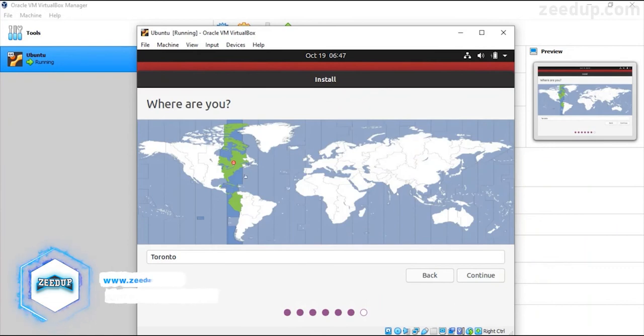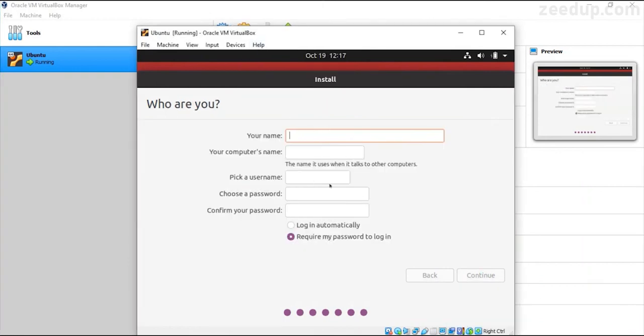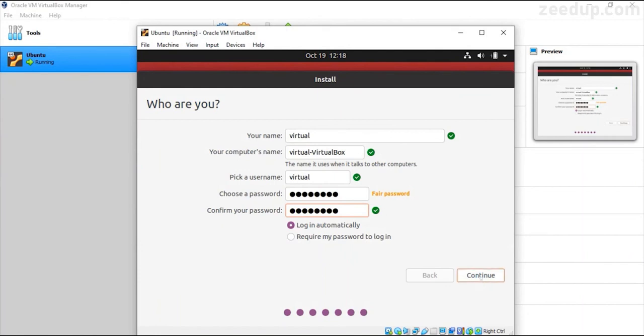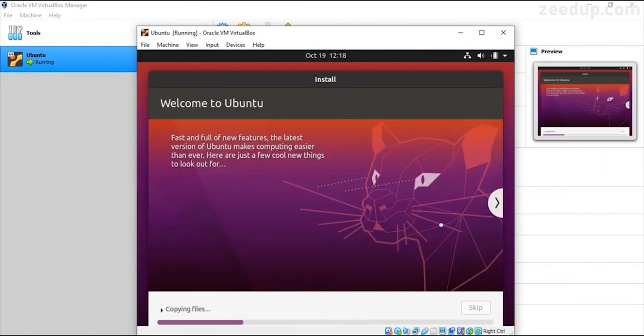So after accepting that erase all data thing, what you need to do is select your location. So my location is in India. I can just select India and click on continue once again for the installation to start. Then I am needed to provide my details such as name, computer's name, etc. So the name I can just provide is any name you can give. Okay, then click on continue. And then I hope the installation will start. Yeah, so installation has started, and then you see that Ubuntu would be up and running in your PC. So that's how you can install it, and that's all for this video.